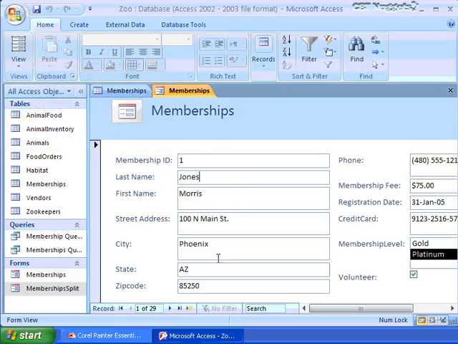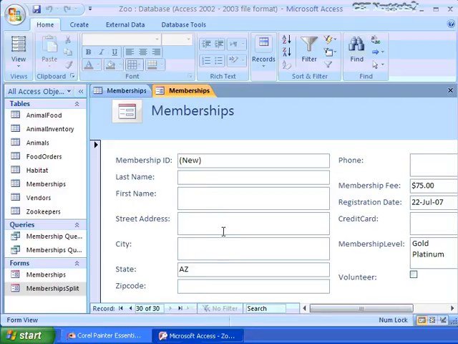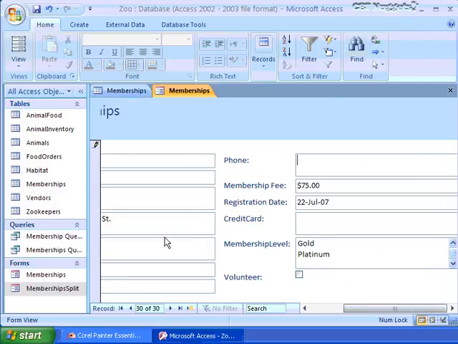And I've got Morris Jones. I'd like to add a new record. I can click this button down here, New Blank Record. Last name. All right, so let's do Deloach. First name is going to be Debbie. Street address, 12 East Main Street, Phoenix, Arizona is a default value in our base table. That's why AZ is there already. It's good enough for me. I'll click Tab. Zip code 85268. I'll press Tab on my keyboard. It takes me over here to the phone field,